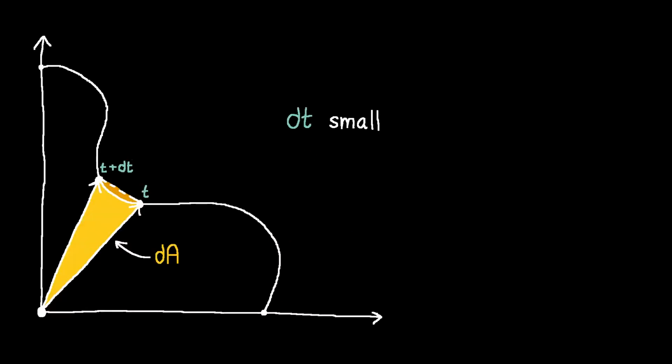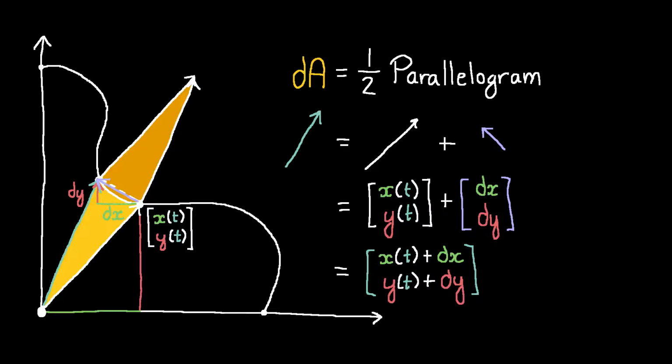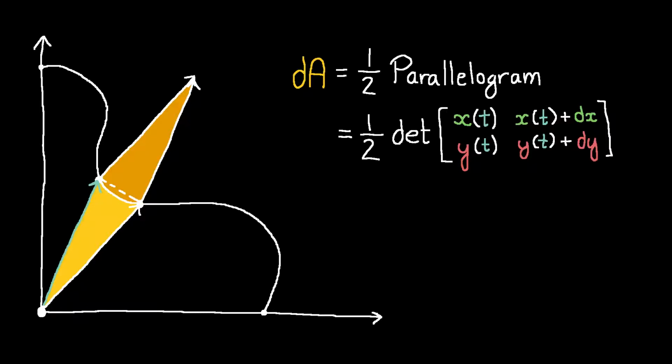Since dt is infinitesimal, dA is essentially the area of this triangle, which is half the area of the parallelogram formed by the vector with coordinates x of t, y of t, and this other vector, which can be obtained by adding the little vector along the infinitesimal changes dx and dy in the x and y coordinates to the first vector. Since the parallelogram is formed by these vectors, we can get its area by computing the determinant of